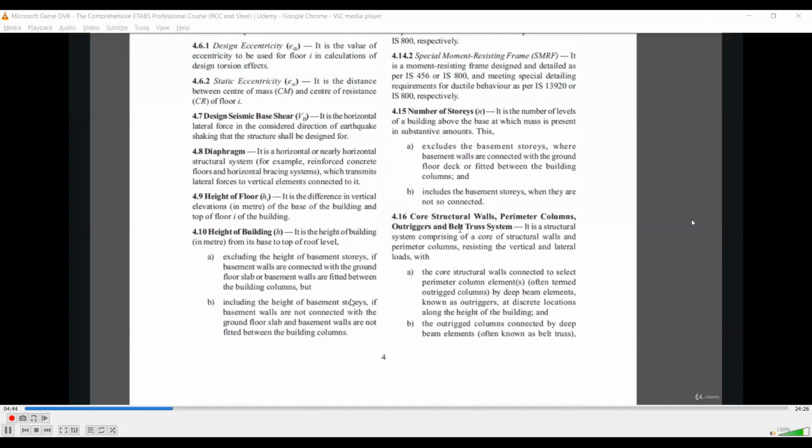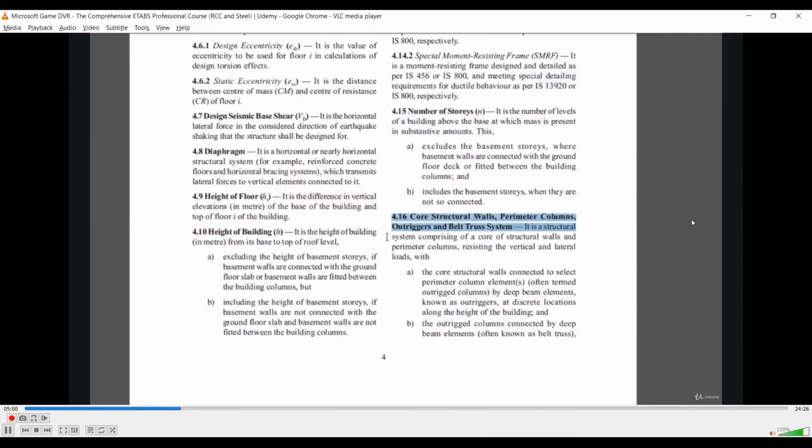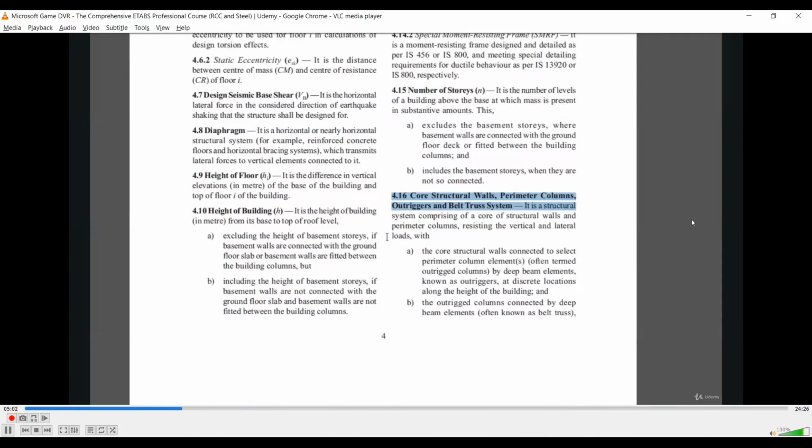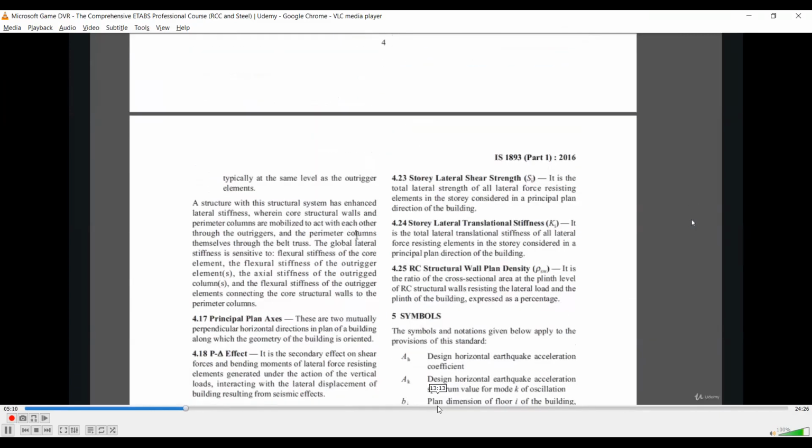Now, in high-rise buildings, core structural walls, perimeter columns, outriggers, and belt truss systems, these four types of structural systems are the most dominant while we are designing very high-rise buildings. Our building is only 26 stories, but if we are going for buildings where the number of stories is more than 50 or more than 100, then we need to assign these types of structural system to the building.